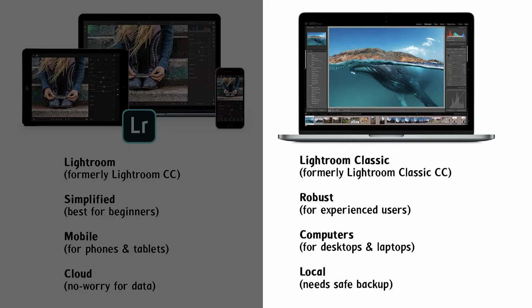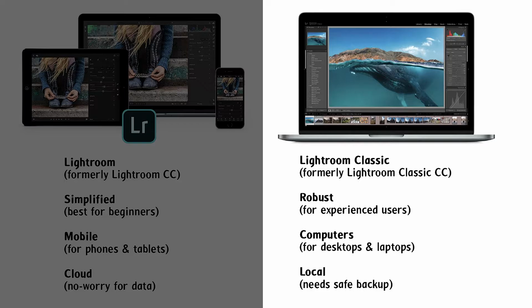and for experienced users it is very improved and a very fast application, which professionals can benefit from. It is basically designed for desktops and laptops, and because it's a desktop version, all the files will be stored locally on the desktop and need a very safe backup. You need to be very careful when working with any application storing data locally, so you have to have some solution for local backup. You can keep it on a portable drive or another solution you have. Regularly taking backups is key, so you don't need to worry about losing the data.